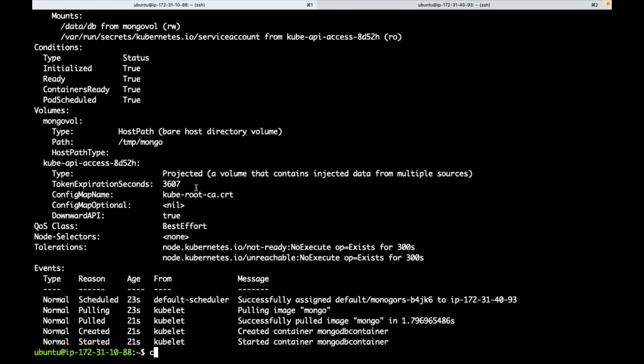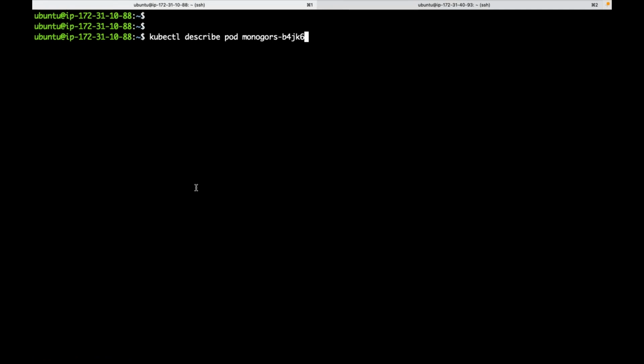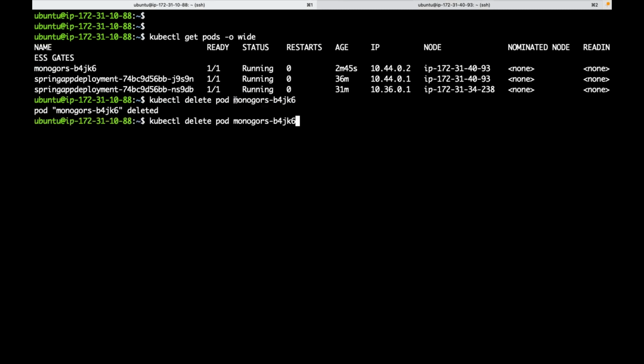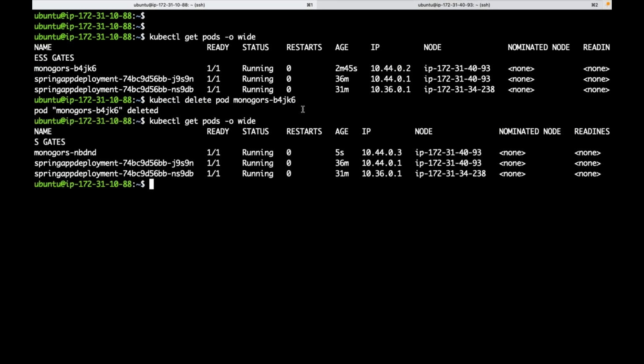Now for some reason I am deleting that pod. For some reason a pod can get automatically deleted, but I'm intentionally deleting this pod. If you see, the pod somehow got rescheduled in the same node.